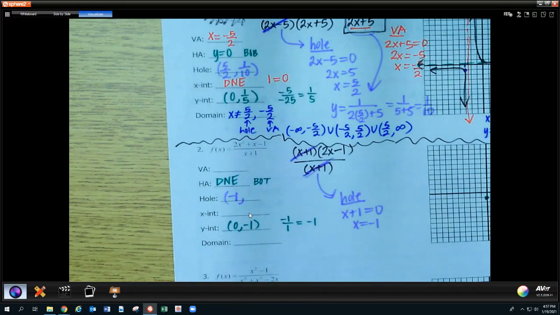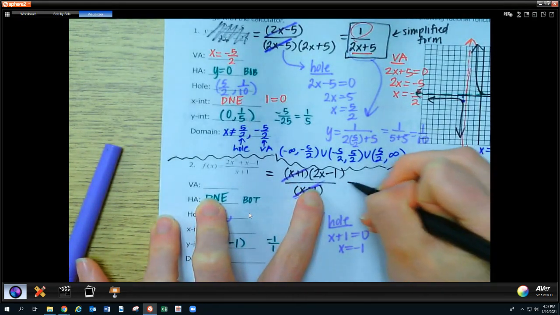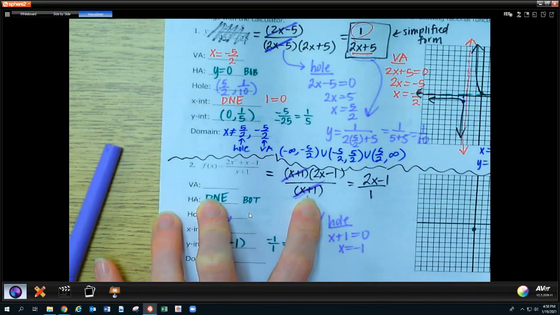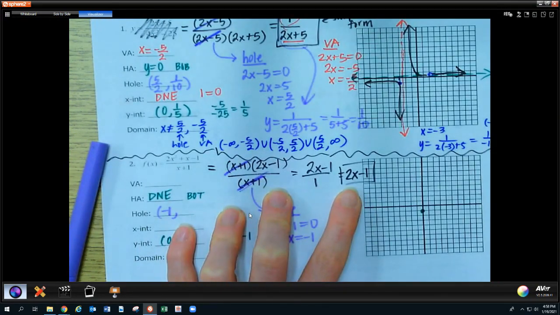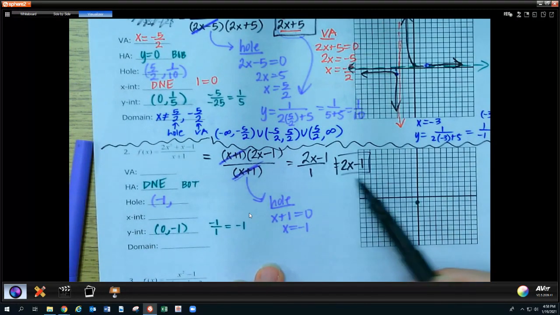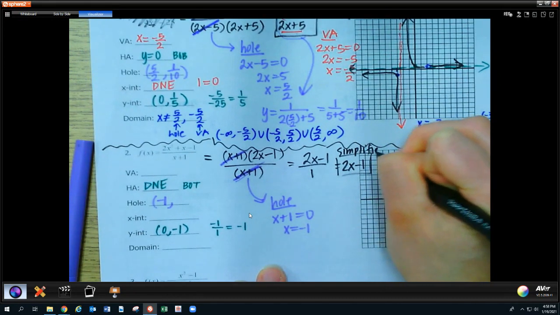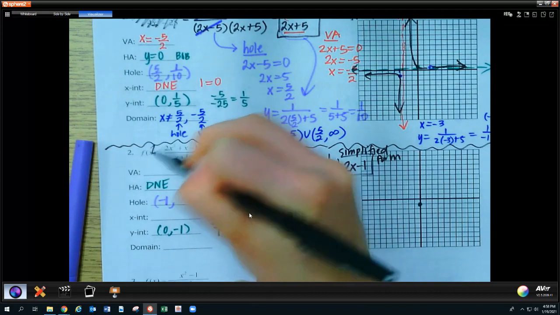Okay, now we're only left with a 2x minus 1 on top and a 1 on bottom. You don't have to write 1s on bottom. And so it's just 2x minus 1, which is a linear function. And I'm actually going to show that to you on the graph in just a second. Okay, and so our simplified form, get rid of this, never look at this again,